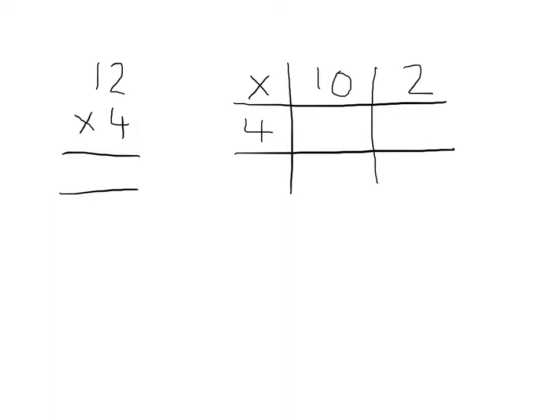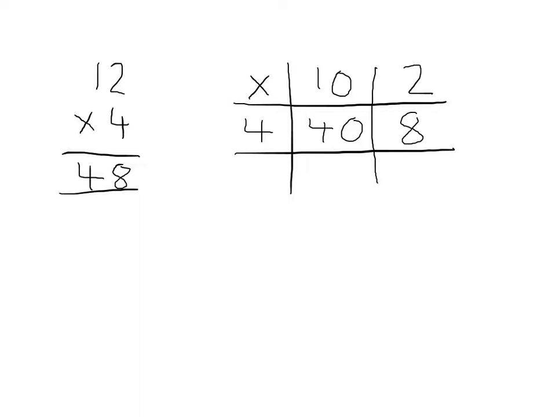So 4 times 10, as we know, is 40. 4 times 2 is 8. We add both of those together. It gives us 48. Okay, that's the grid multiplication method for multiplying a tens and units to a unit number. What I'll also show you just now is how to do tens and units with a tens